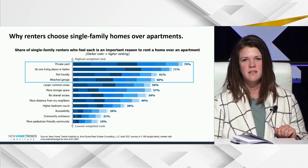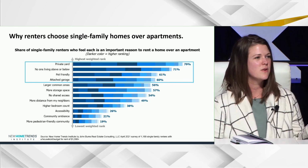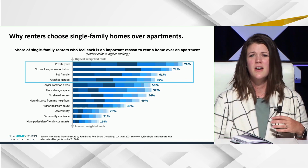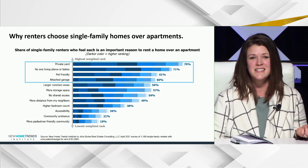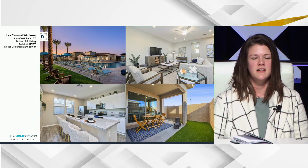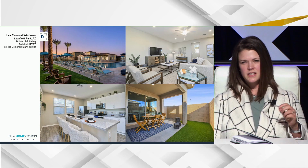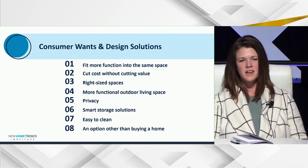What does that sound like? Home ownership to me, right? But I don't want the mortgage, or I can't afford it. I don't want the down payment, or a lot of people just don't want the maintenance. Please don't make me have the maintenance. And here's a really great example from BB Living. We can talk about the design examples and how you design those homes slightly differently, but that wraps it up for me. Here's your top 8